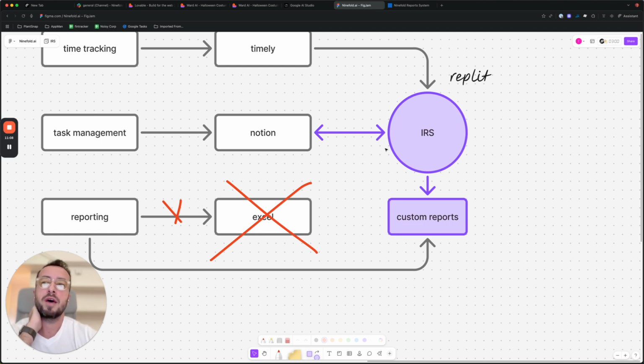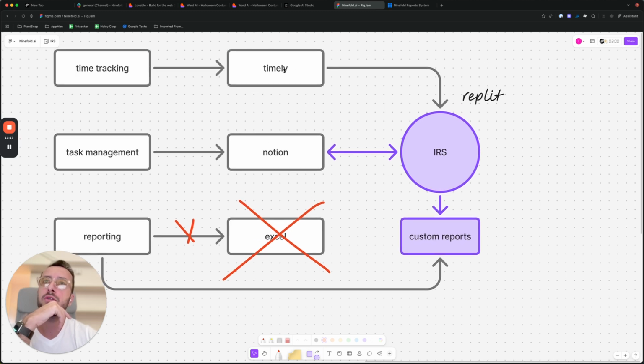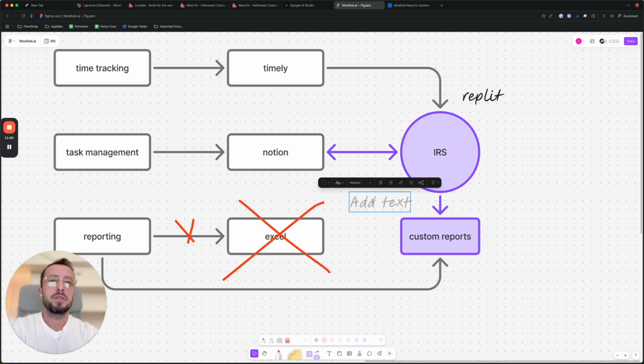The last bit, which we're now actually testing, is that of course some tasks get logged in the time tracking system which don't have a specific task assigned to them. Like for example, meeting with client or preparing for meeting or preparing a report or something like that. Sometimes we don't have a task in the system for those entries. So what we have now done, and we're still testing it, but so far it looks pretty good,